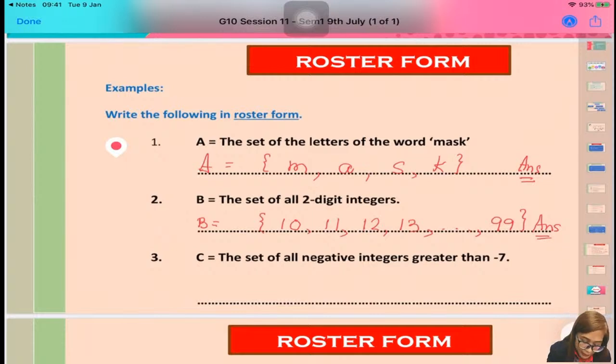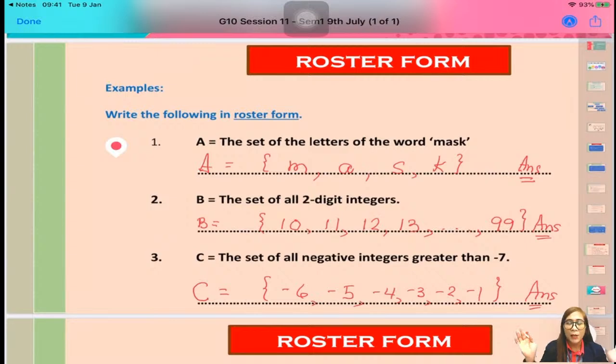Number 3, C is the set of all negative integers greater than negative 7. So you write letter C as big, capital letter C, equals the set of, so we use braces for this. All negative integers greater than negative 7. So we have negative 6 is greater than negative 7. Begin with negative 6, negative 5, negative 4, negative 3, negative 2, and negative 1. So this is the answer in roster form. So just remember, you put commas. Okay. Next is